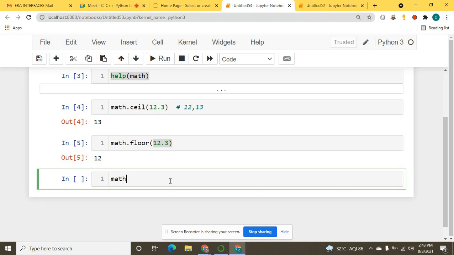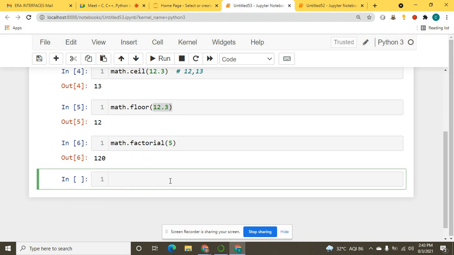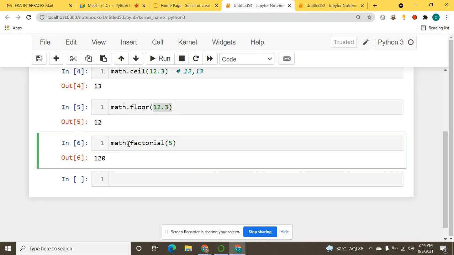Now if you want to find out math.factorial, you want to find out the factorial of any number, for example, 5. So you will just use your module name with that dot operator, and after that dot operator, you will write your function name, right? So here I took factorial. Let me execute that, and there it is. See guys, after the module name, I'm typing the dot operator, and after that dot operator, I'm writing my method or function name, right? So this is the process actually.